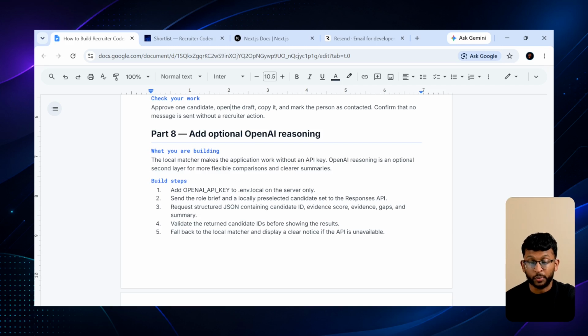So add optional OpenAI reasoning. I said this is optional, but this is where it takes your application to the next level. Though the local matcher absolutely works without an API, OpenAI reasoning is an optional second layer for more flexible comparisons and clearer summaries. So add the OpenAI key, send the role brief and local pre-selected candidate set to the response